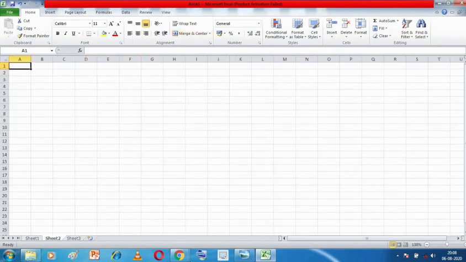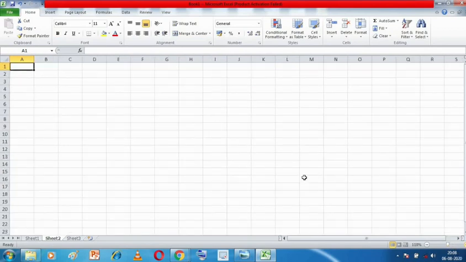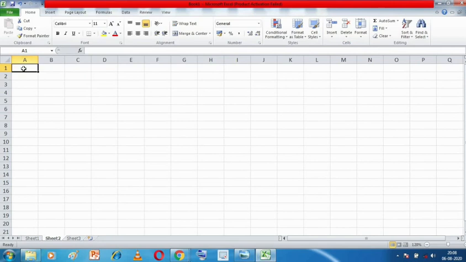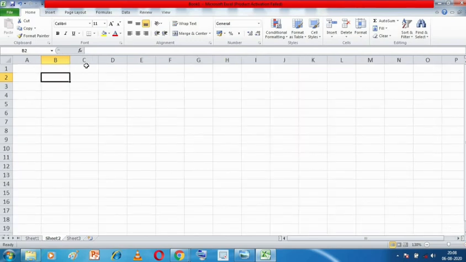Let's start with moving around a spreadsheet. So this is an Excel spreadsheet, students. Now this is a cell, and right now this is an active cell. Suppose B2 is the active cell. Now why is B2 the active cell? Because B2 has a dark black colored border surrounding it. This dark black colored border, remember, is called the cell pointer.